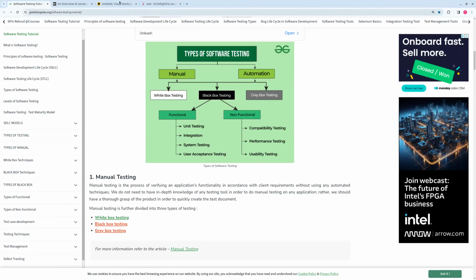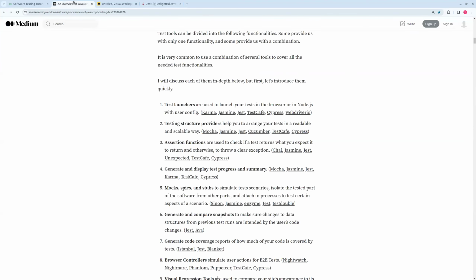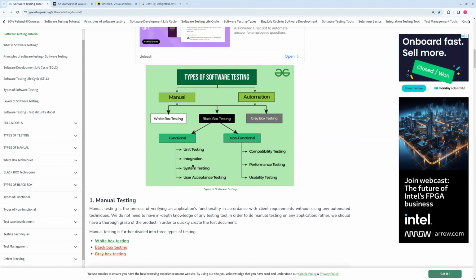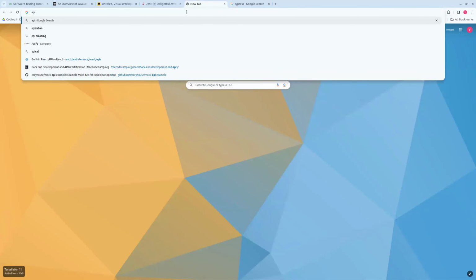Yes, exactly. We will do unit tests with Jest, and for end-to-end testing we will use Cypress. Part of system testing is end-to-end tests, for which we will use Cypress. And for API tests, okay, before that, API tests